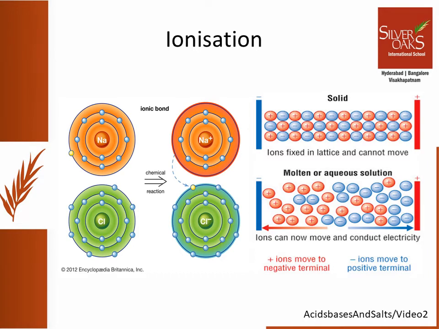So let us discuss the ionic bond formation in the simplest compound, sodium chloride. When the sodium atom donates its outermost electron, it is accepted by the chlorine atom in its outermost shell. Once the sodium has donated its electron, it becomes a sodium ion, and the chlorine atom changes to a chloride ion, and an ionic bond is formed between the positively charged sodium and negatively charged chloride. These are in the sodium chloride crystal.